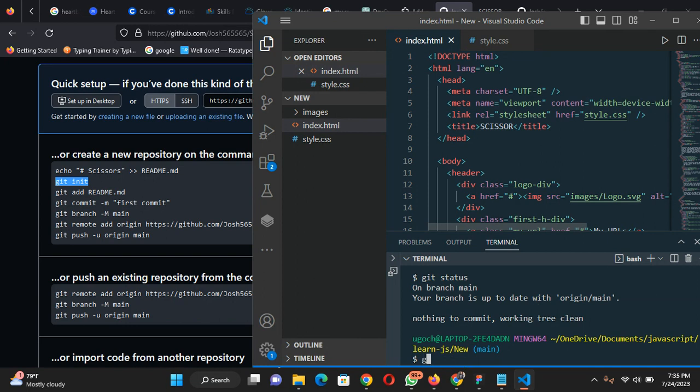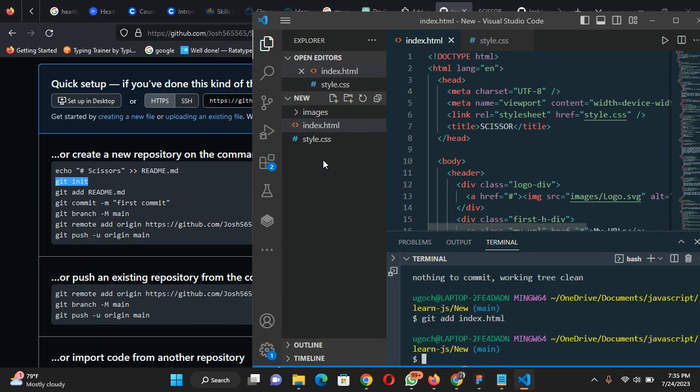If I run git add, you can add the files one after the other, by typing the name of the file you want to add. Let me type index.html. And then if I run git status again,